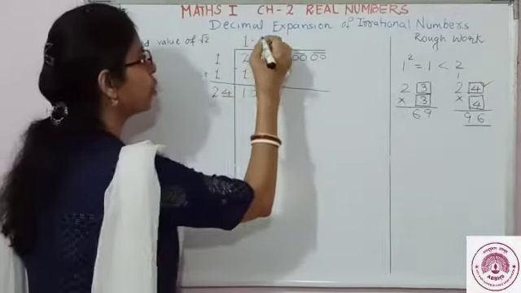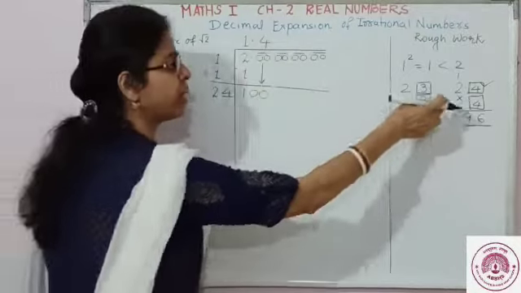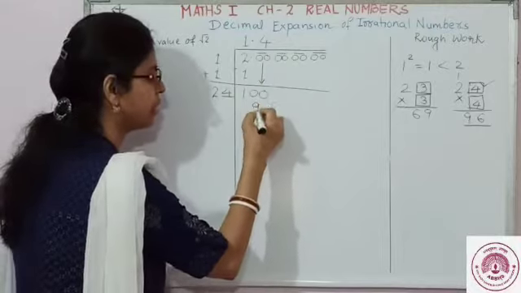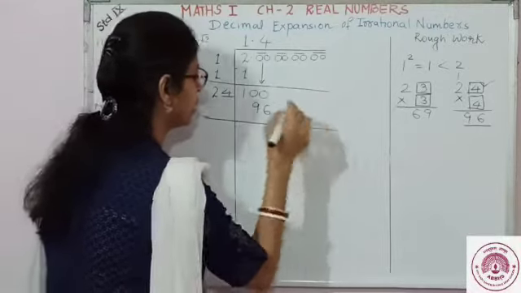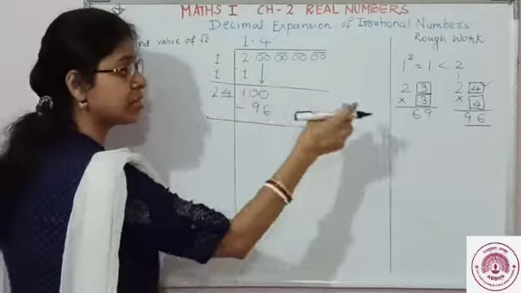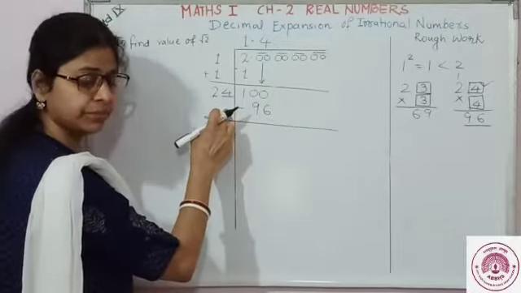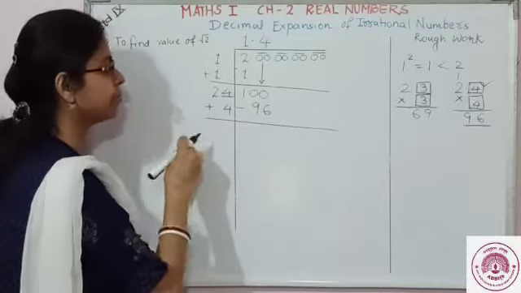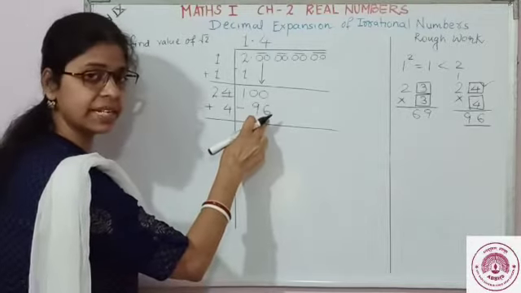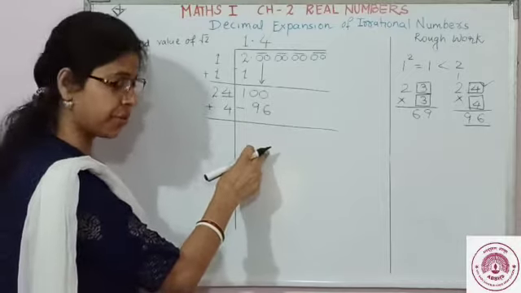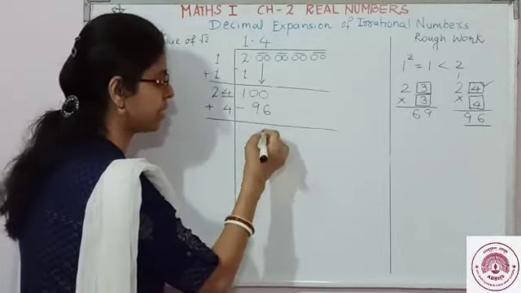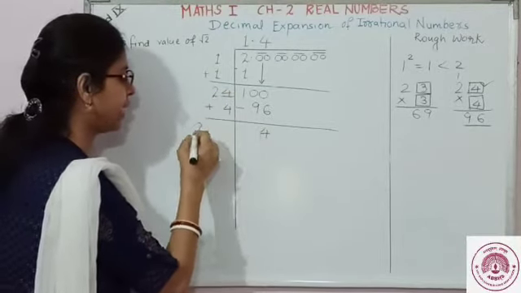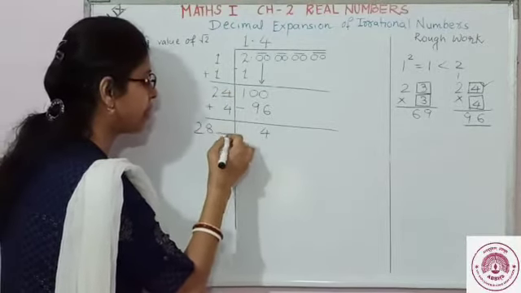Now 24 4s are, right? We have multiplied with the same digit, correct? So 24 4s are, what is the value? 96 we got. So here subtraction. Now the same 4 will be added here. Okay. So 4 added on the left hand side and on the right hand side we got this 96. We have to subtract it from 100. So 100 minus 96 is 4. 24 plus 4 is 28. Again leave some place here.